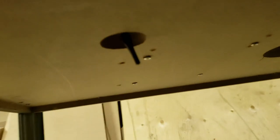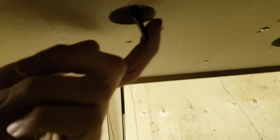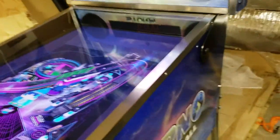Let's move along. So I talked about the legs, genuine Williams chrome. Even the power switch, we measured exactly where it should be to get that right feel, because we know that people like to reach to that spot, and they expect the switch to be there, and it is. It's that momentary switch that you know and love. Our decals